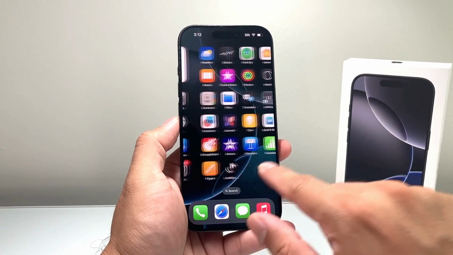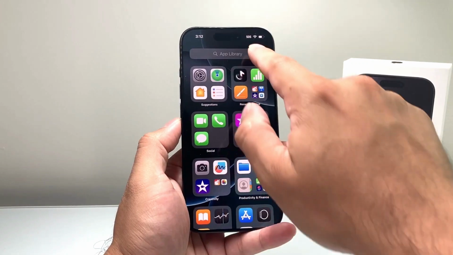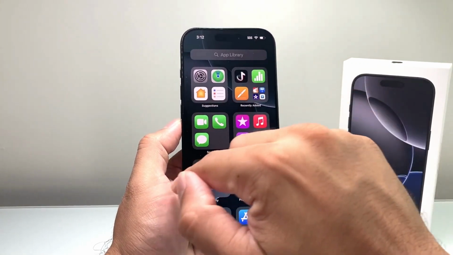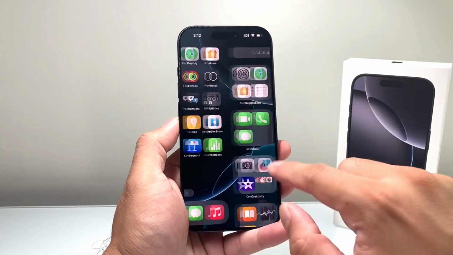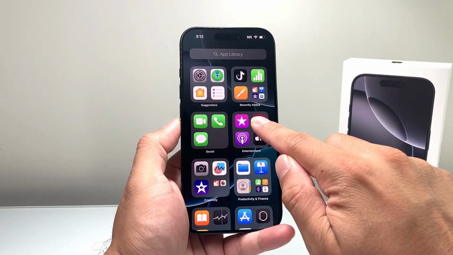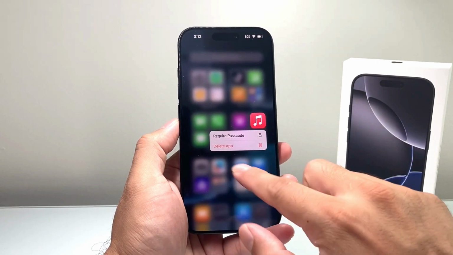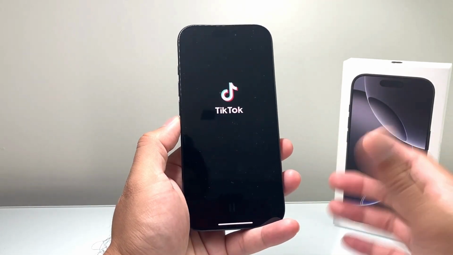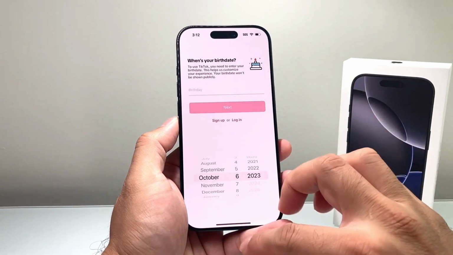Sometimes if you don't see it on the home screen here, it might be in your app library and then you can find it from there and then drag it out or add it to your home screen by pressing and holding. There should be an option that says add to home screen. But as you can see here now, I have downloaded and installed TikTok app,